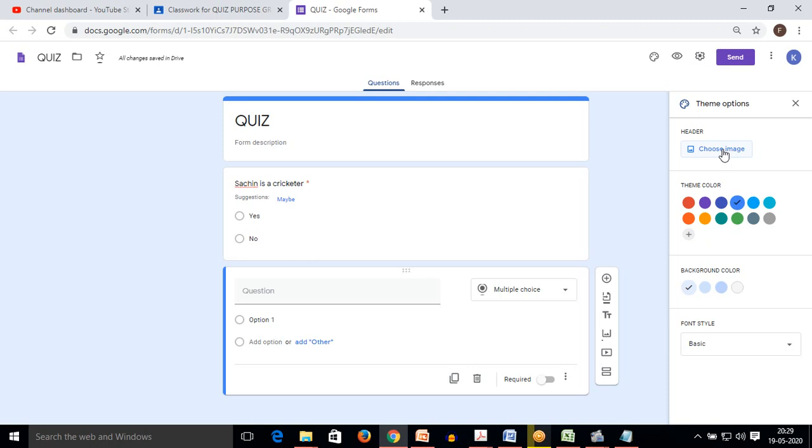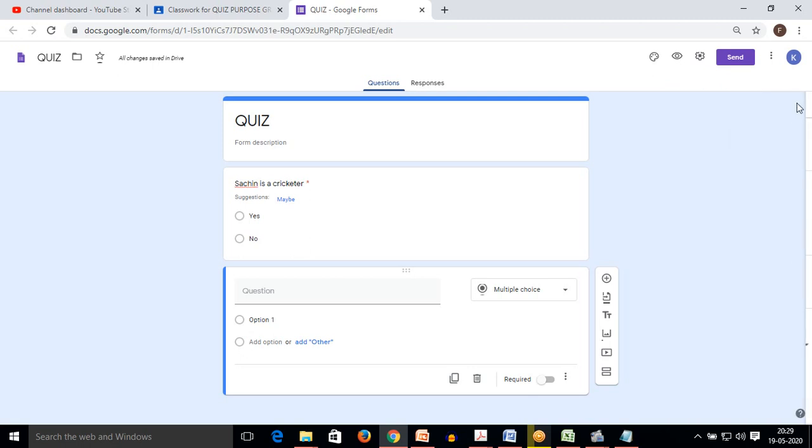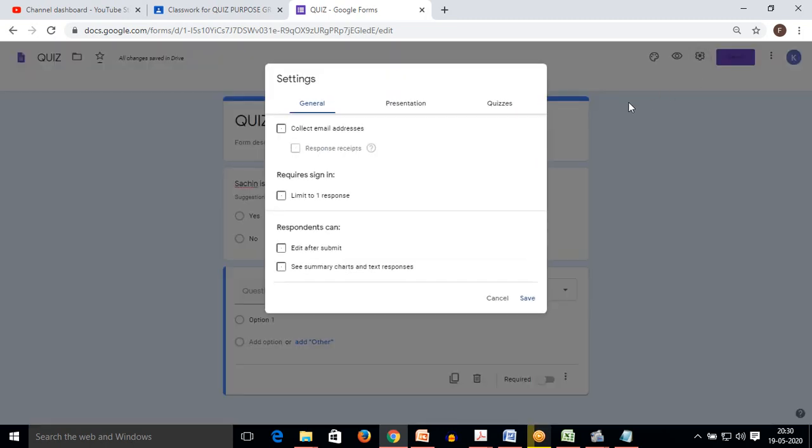If the quiz has been organized by a certain college, you can use the logo of that college, or if it is for webinars or workshops, you can include the pamphlet of the webinar or workshop in the theme section. Now moving to the settings section, three tabs are present: general, presentation and quizzes.